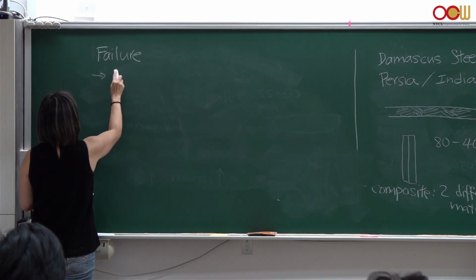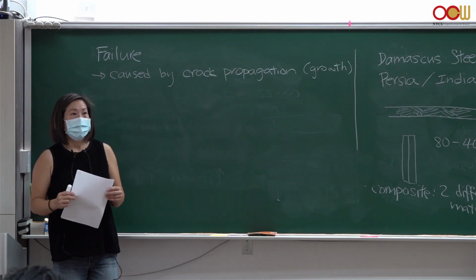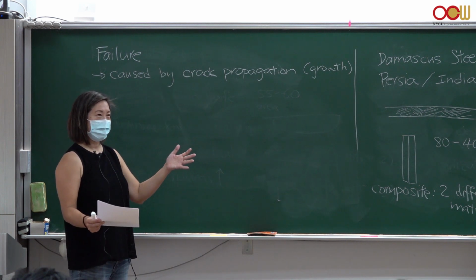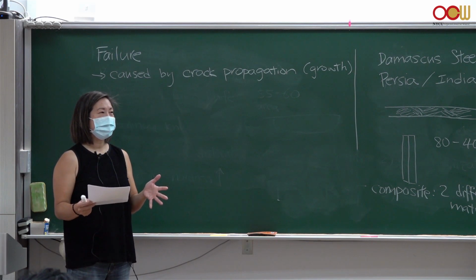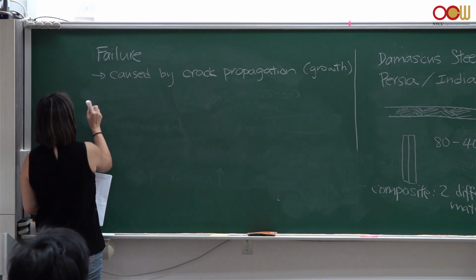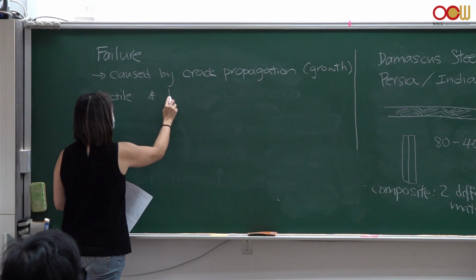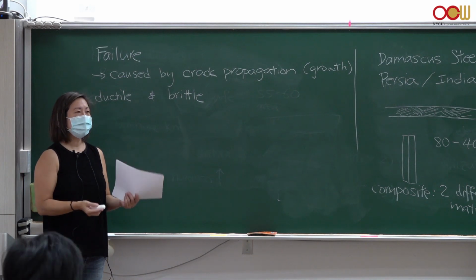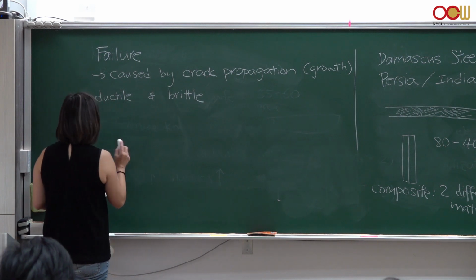So failure is caused by crack propagation. When a crack grows all the way through a material, the material breaks, and that's failure. And it doesn't matter what kind of material, all material failures are caused by crack propagation. So you have two different kinds of materials, ductile materials and brittle materials, but the failure of both types of material is caused by crack propagation. Okay, so in a ductile material,